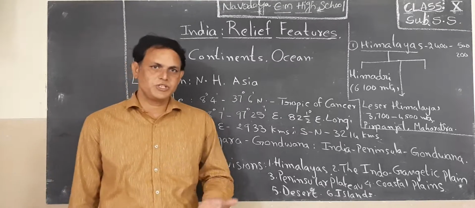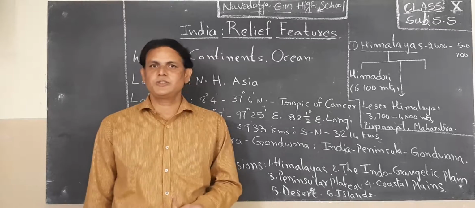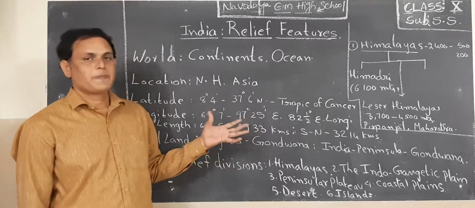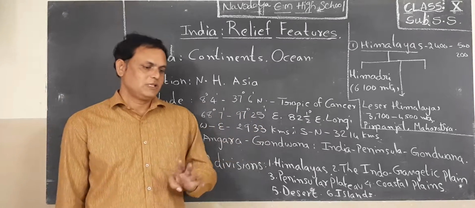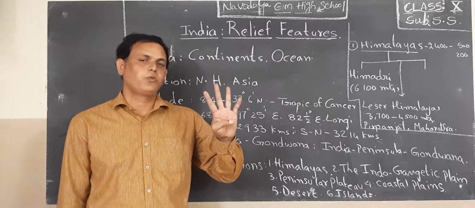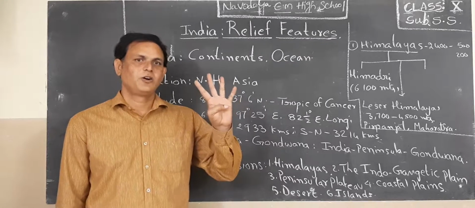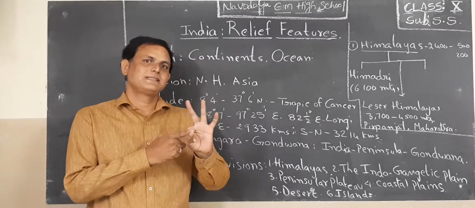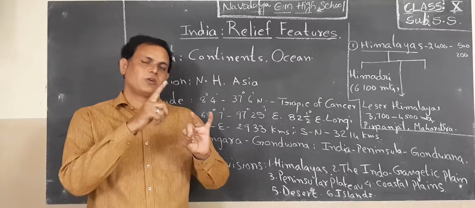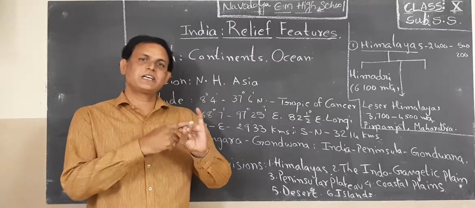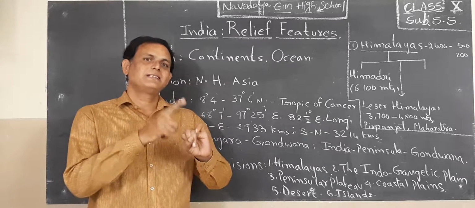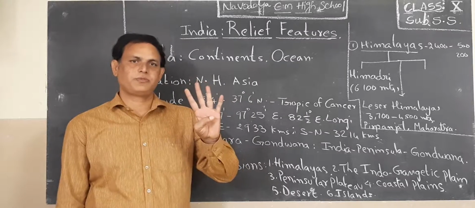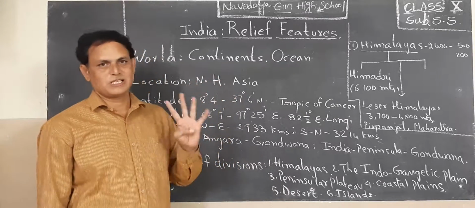First of all, I want to explain to you some topics in 10th class. For example, social studies is divided into 4 parts. How many parts, children? 4 parts. First one is geography, second one is economics, third one is history, and the last one is civics. So these are the 4 divisions or parts of our 10th class social studies.